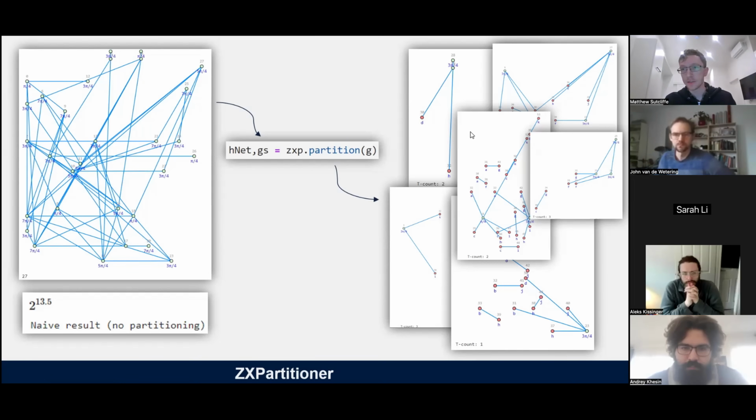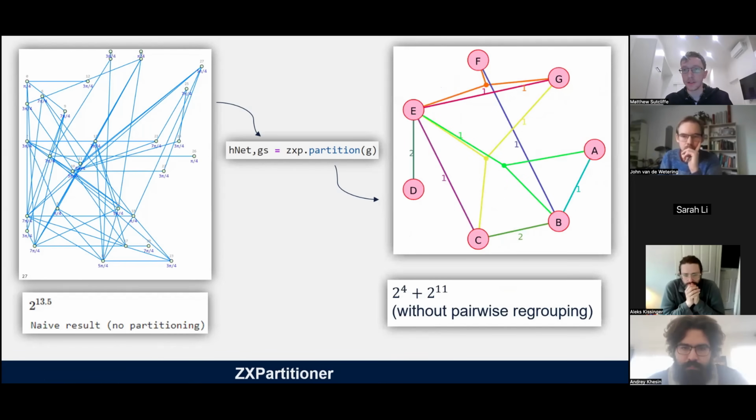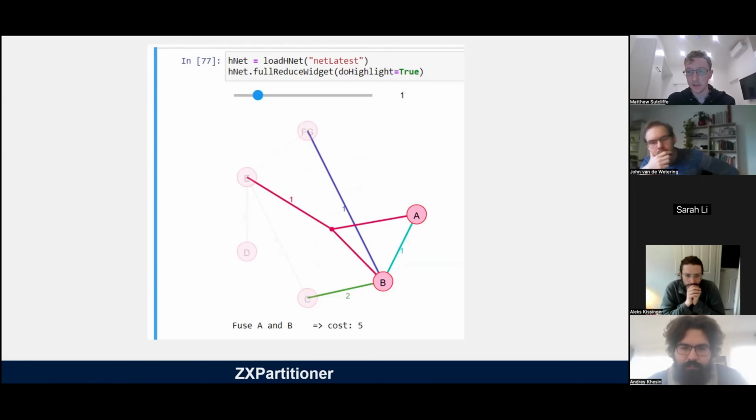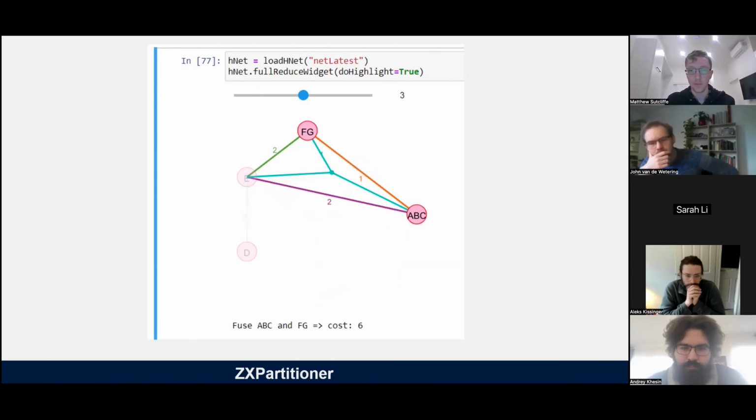Each of these graphs depends on some number of the parameters involved in the number of cuts. So we represent this as a hypergraph. We pre-compute each of these graphs for the list of unique states it can have. And already we can see here that it's reduced the number of calculations involved in this small example by a small factor. Then we get onto the idea of regrouping them all pairwise. And we always do the cheapest pair. That's the pair which collectively involve the fewest number of parameters, because then we have to iterate over fewer unique bit strings. So in this case, we want to regroup F and G together into FG, and then A and B is the next cheapest, and so it'll do that, and so on and so forth,